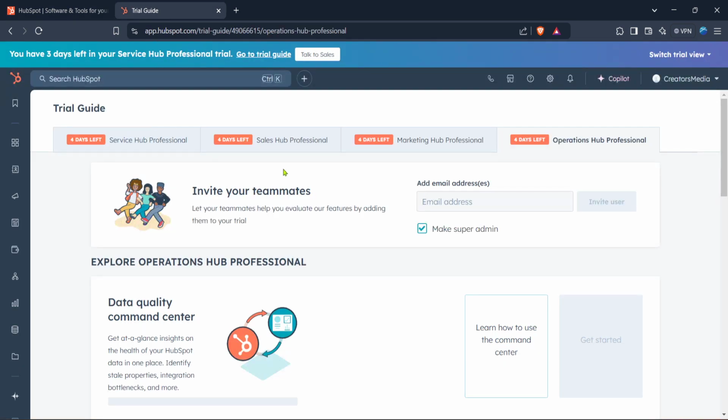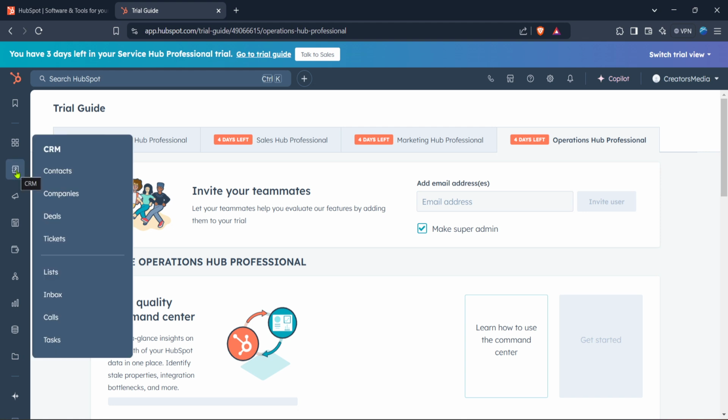Once you're successfully logged in, you'll land on the HubSpot home. This is essentially the control center for all your HubSpot activities. From here, you'll want to navigate to the CRM or Customer Relationship Management section. CRM is crucial because it's where all the contact records are maintained. It's like the digital filing cabinet for all your business interactions, which is what makes it so valuable.